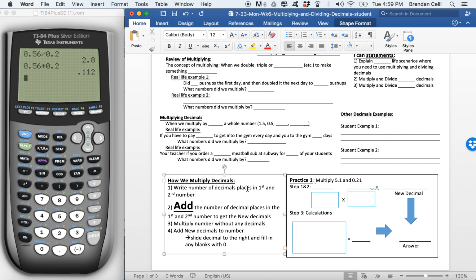Okay, so write the number of decimal places in the... I want them to focus on writing it for the first and the second number, so that's why I'm making the blank. I'm going to leave add there. Obviously, I want them to focus on that, but I want to leave it bolded and huge for them to see. Add the number, I'll just change decimal places. And to get the, we'll say,